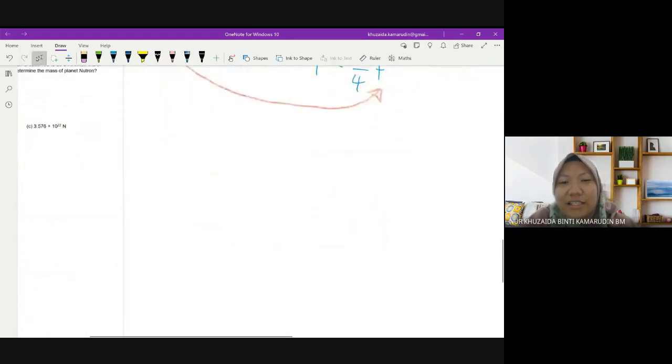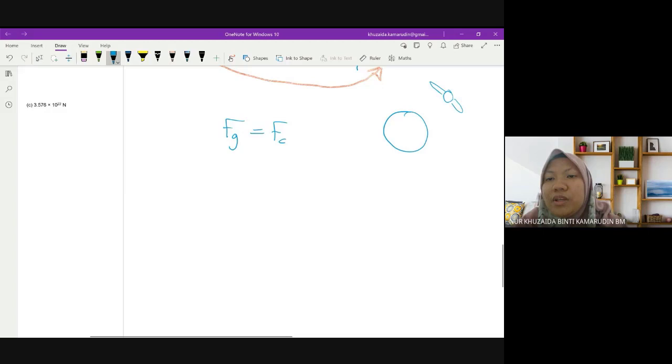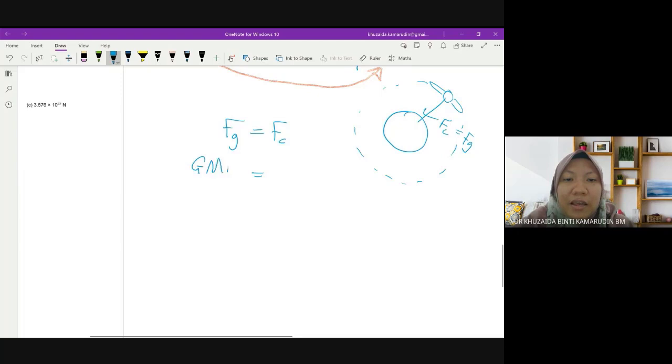Okay, saya buat dekat sini. Alright. We have equation FG equals to FC. Okay, saya terbalik pula tempat dia. Okay, we know that when you have Earth and then the satellite moving in the circular orbit, dia bergerak secara circular motion. So dia akan ada centripetal force. And this centripetal force is provided by gravitational force. Okay, so kita buatlah equation G M over R square. This one you ada